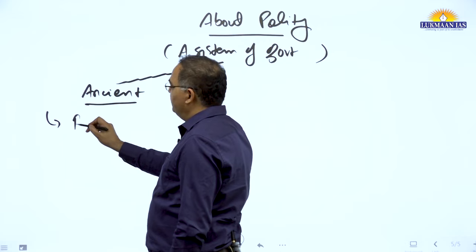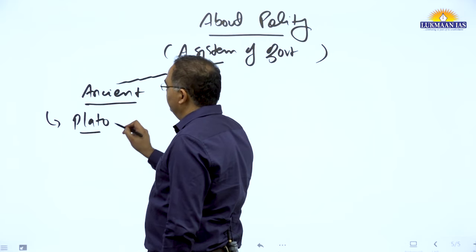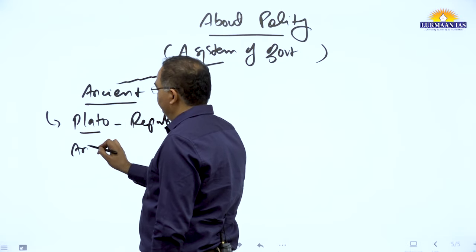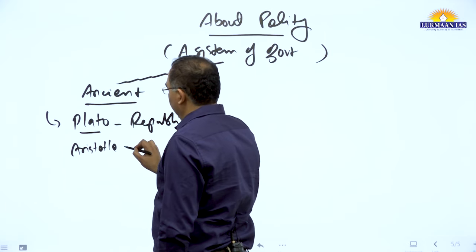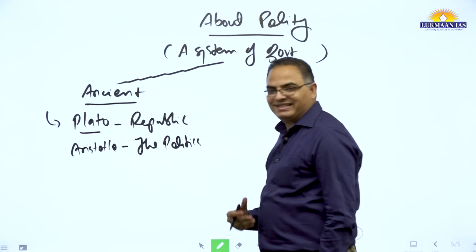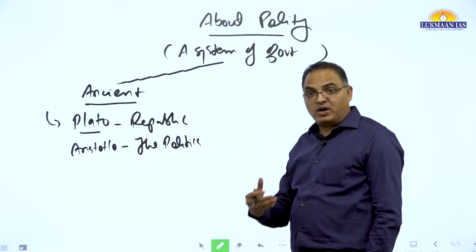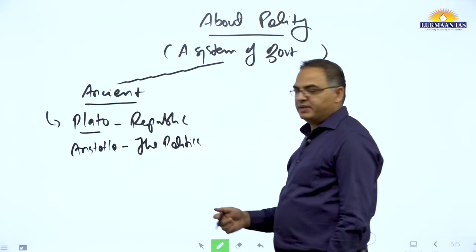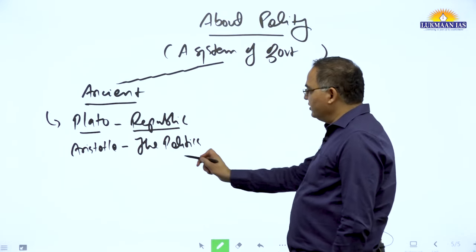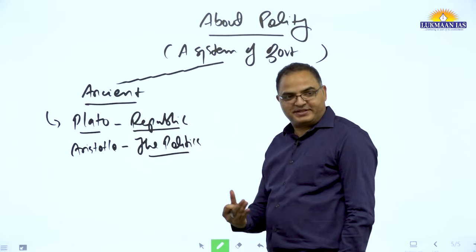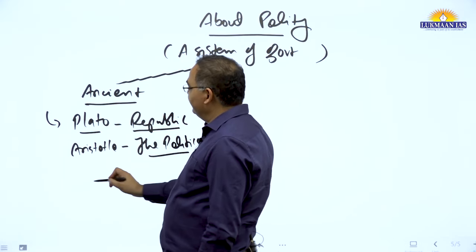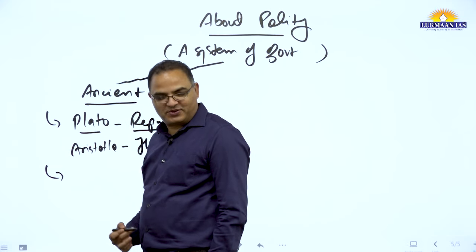You know that we have Plato, Republic, then Aristotle, the Politics. These are some early stage talk on polity. But the name itself, the Republic, he wrote the book name, or the Politics name, you know that. The name itself is related to polity. They had whatever they talk. Then since we are talking nowadays, Indian aspect also, isn't it?